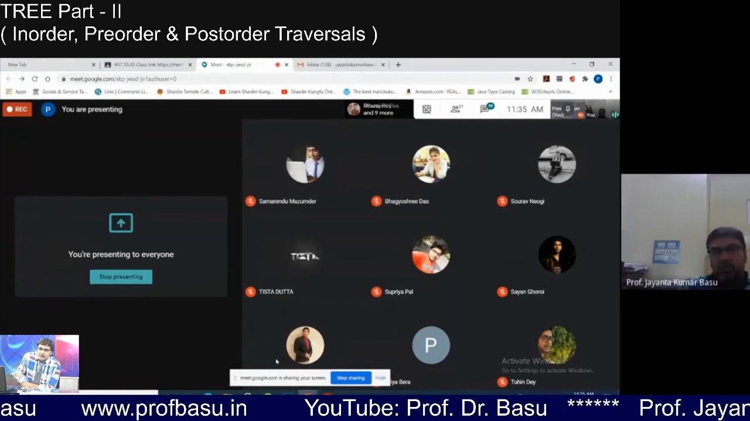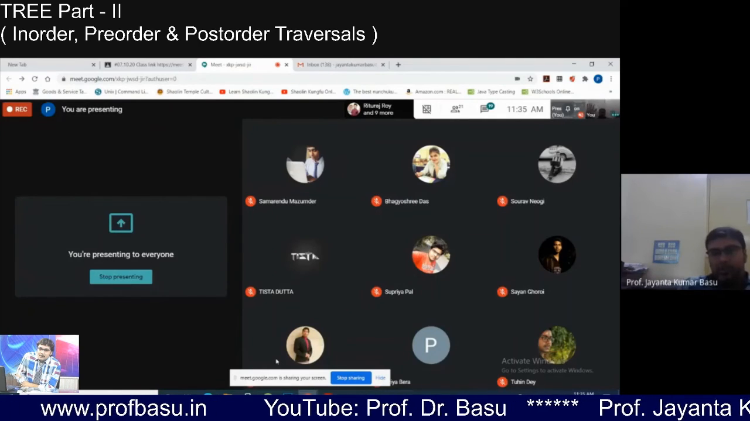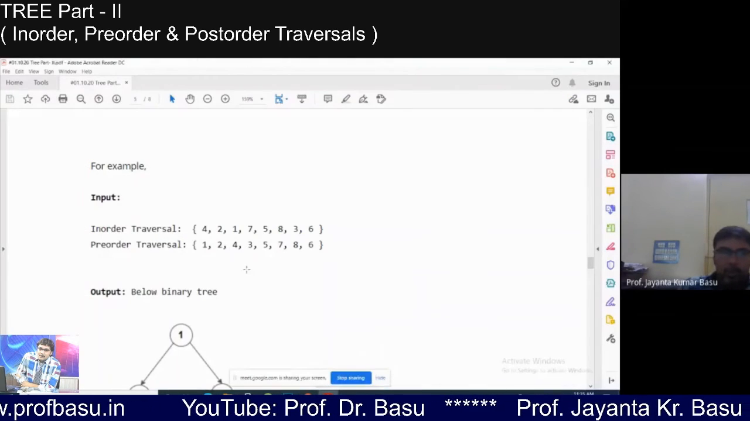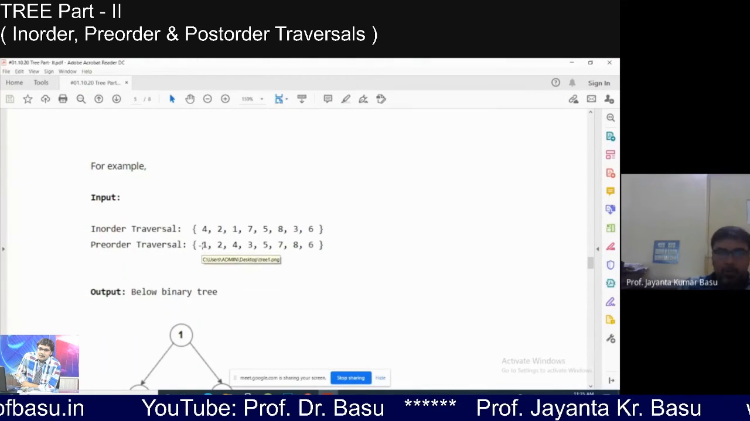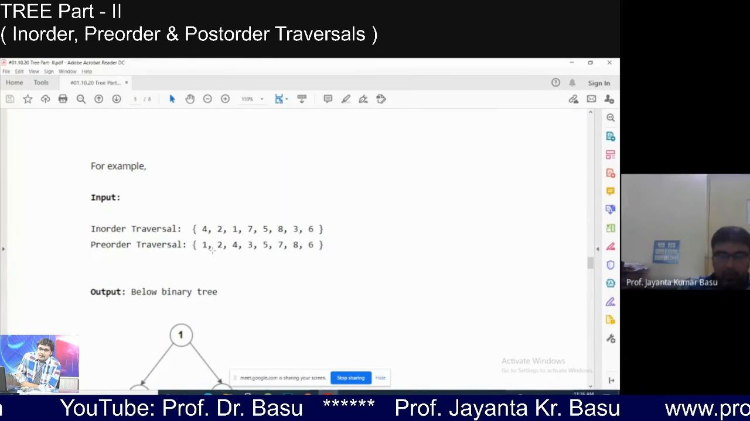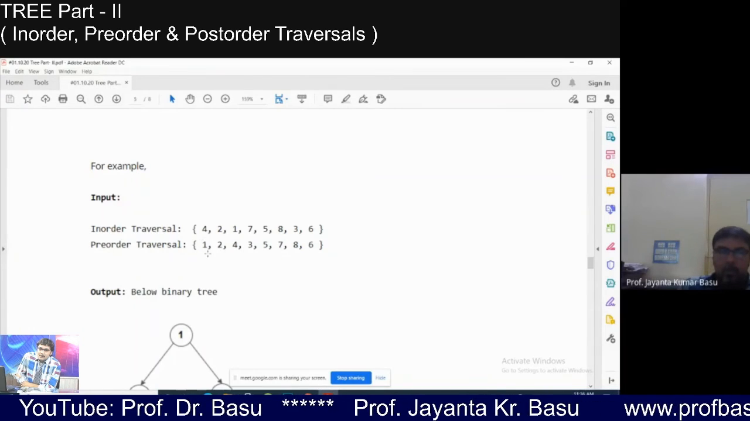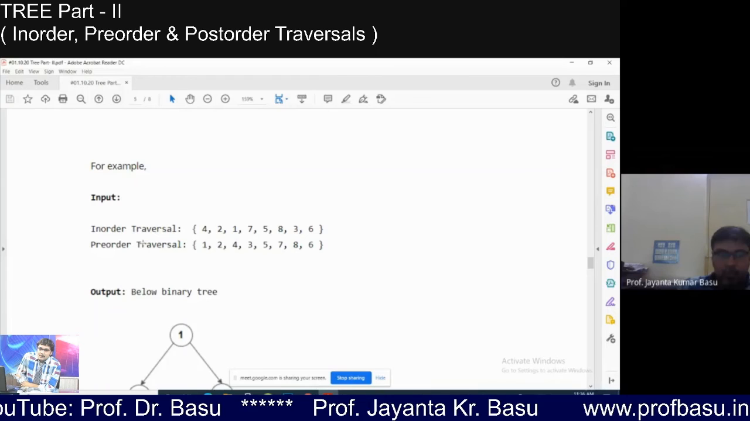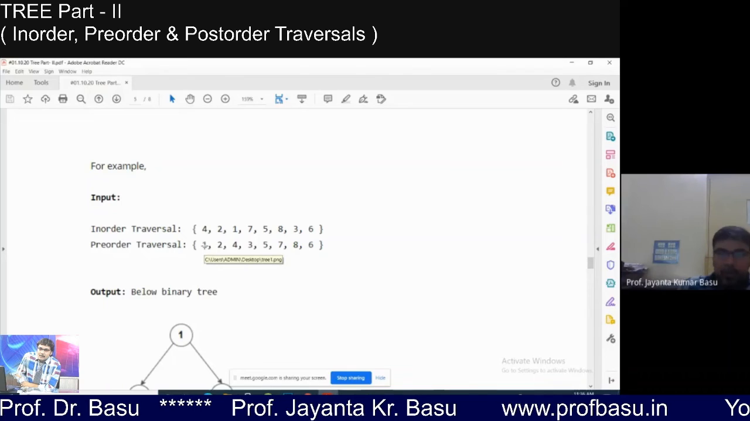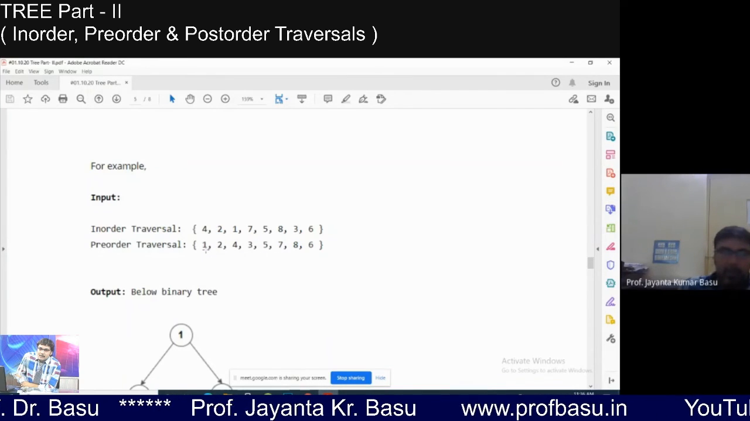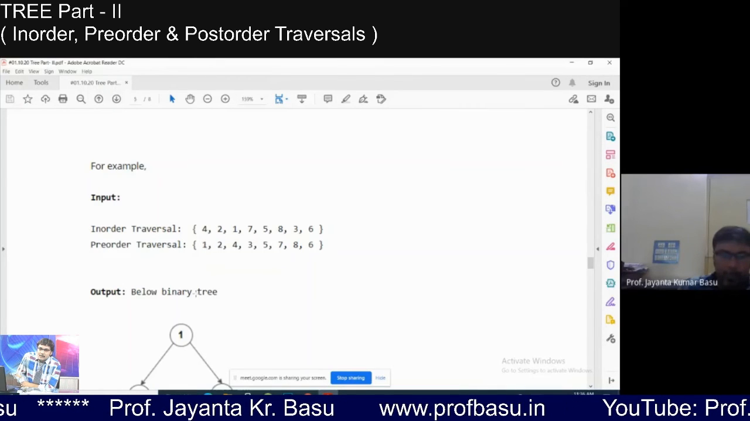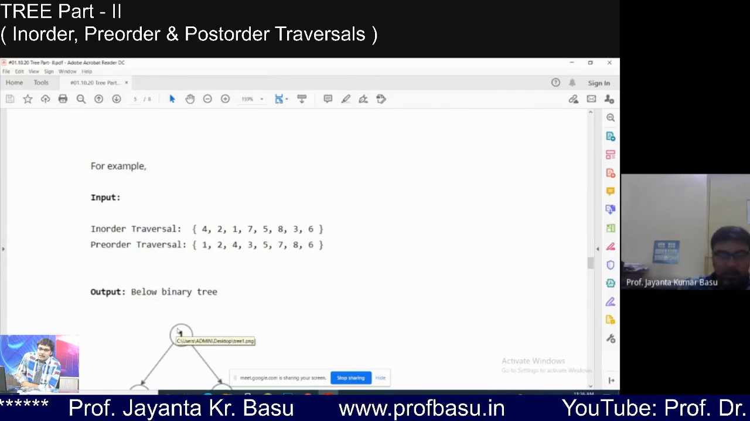The question is: make a binary search tree from this in-order and pre-order traversal technique. What is the way? First, you just read out the pre-order traversal. In pre-order, the root comes first, right? So the process is that you pick the key, one after another, from the pre-order and place it on your diagram